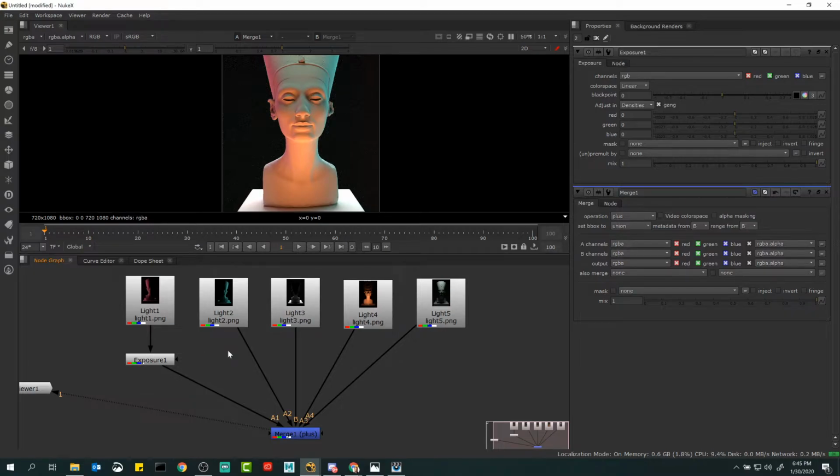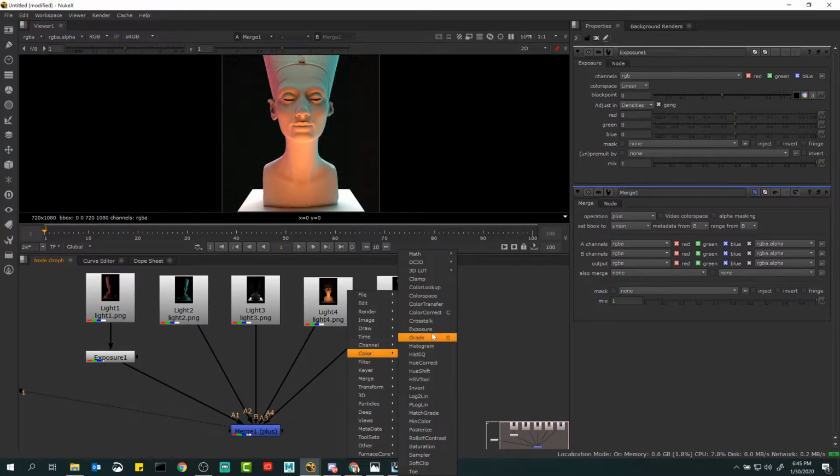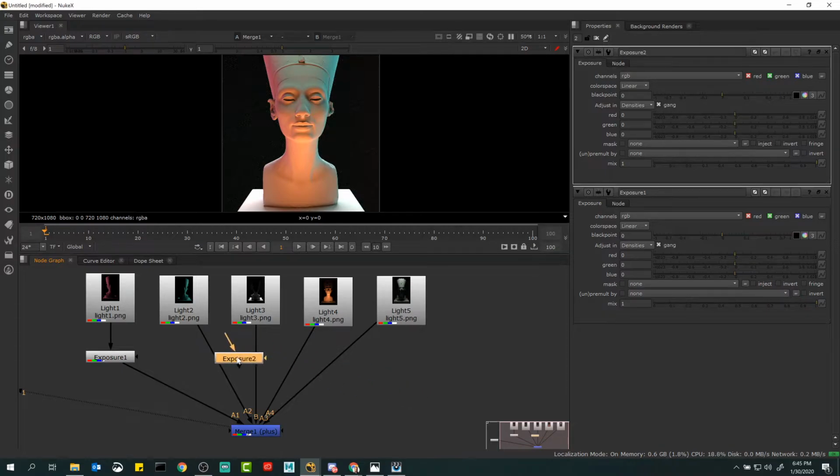Now I can just start redoing that, right? We could do an exposure a different way. Right click, and I could do it through here. Color, there's the exposure in the menu. We could do it that way. Drag it over, snap. You can also click on an image, and because remember how before when I had it